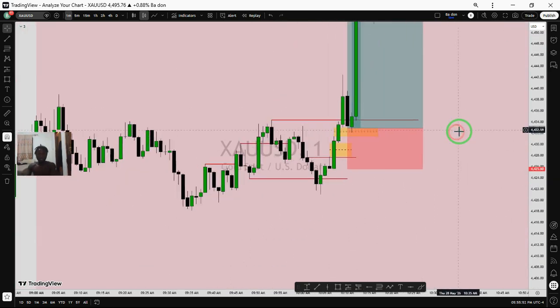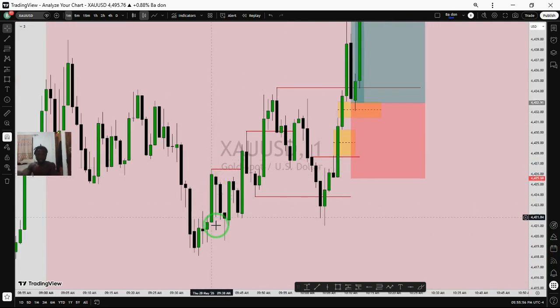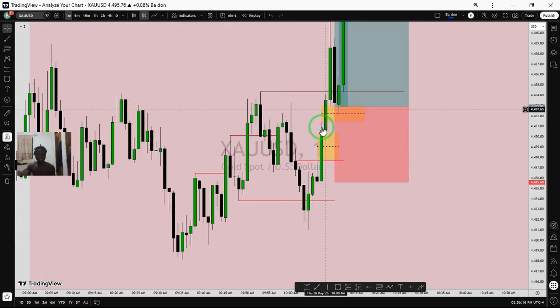So let me recap what we are looking for. First, I want to see a break of structure like this. This is a bullish example, a break of structure. I want to see another break of structure. I want to see price come sweep that break of structure and create another new break of structure. And once we have that, we want to look if we see a fair value gap. We enter from the first fair value gap we have, and our target is going to be at an order